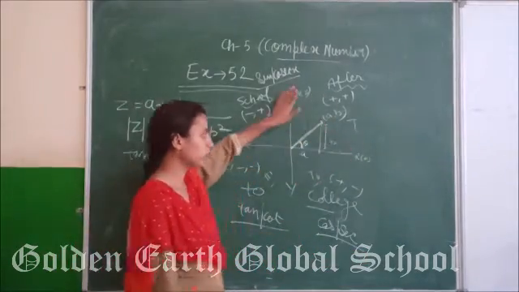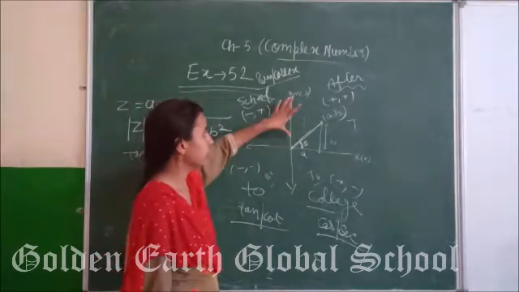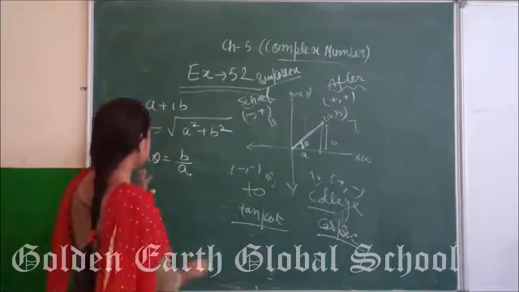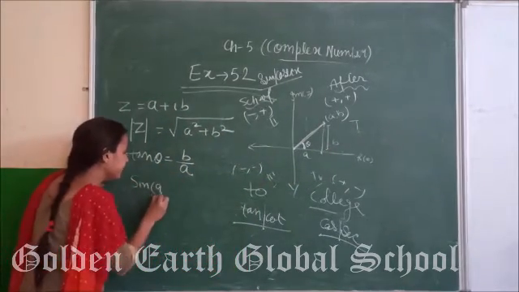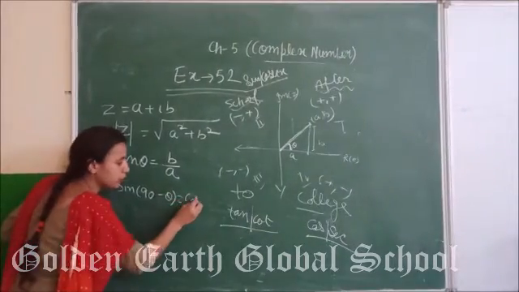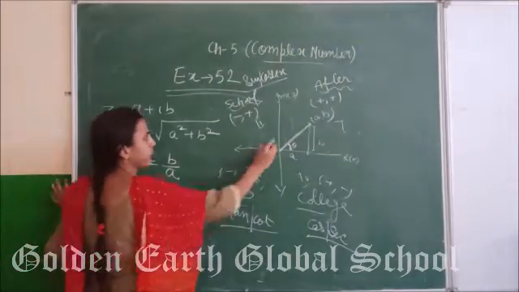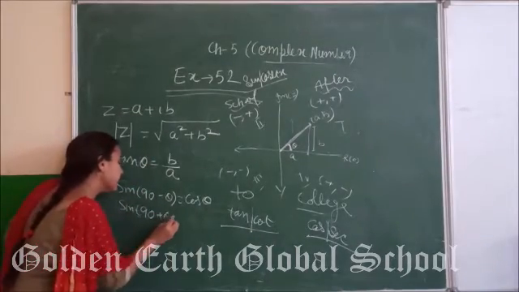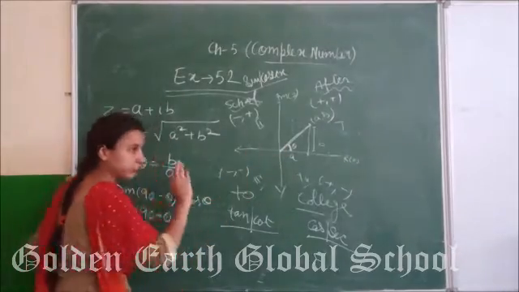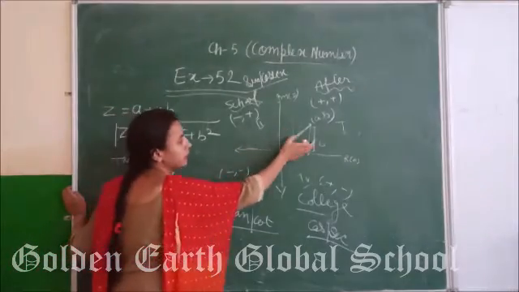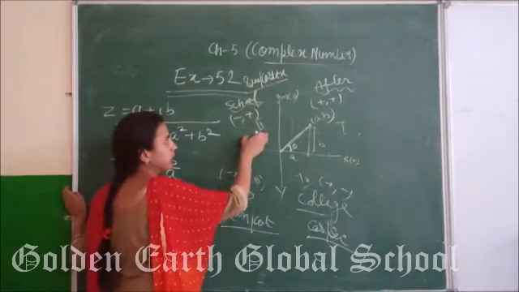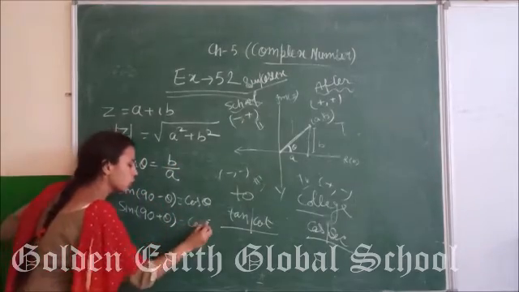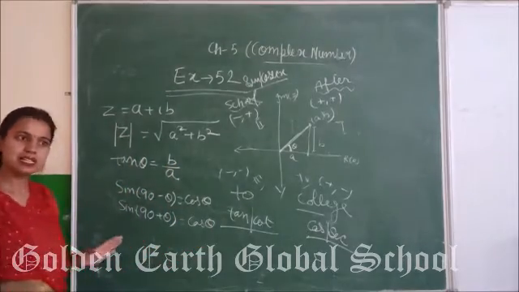Now, how do you check angle formations? In the first quadrant, my angle is 0 to 90. We know that sin of 90 minus theta is equal to cos theta, because it lies in the first quadrant. If we take sin of 90 plus theta, that means above 90 degrees, our plane shifts into the second quadrant. In the second quadrant, sine is positive. So sin becomes cos, cos becomes sin.